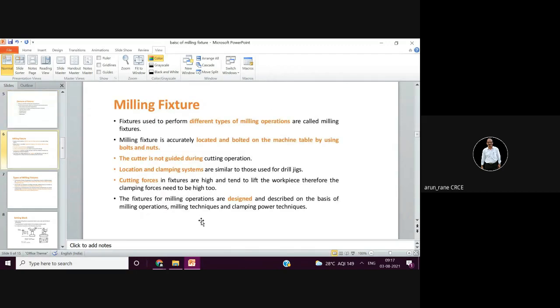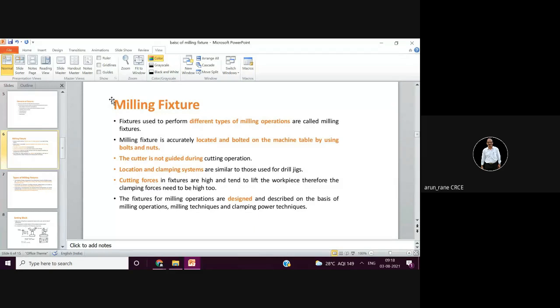In our syllabus we have milling fixtures; we don't have turning fixtures, grinding fixtures, or broaching fixtures. But if you want to study them from an academic interest point, you can definitely study. All the fixtures are given in P.H. Joshi, Design of Jigs and Fixtures, as well as one more beautiful book by Paquin. There also you will get various other fixtures.